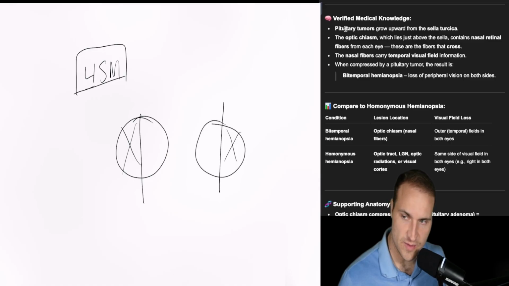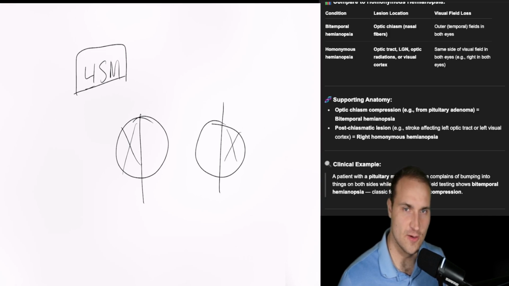There it is. So pituitary tumors grow upward from the sella turcica. The optic chiasm lies just above, contains the nasal retina that carry the temporal vision, and so it's compressed, you get bitemporal hemianopsia. It's not anything else like ptosis, that's the droopy eyelid, and that's related to cranial nerve 3 or